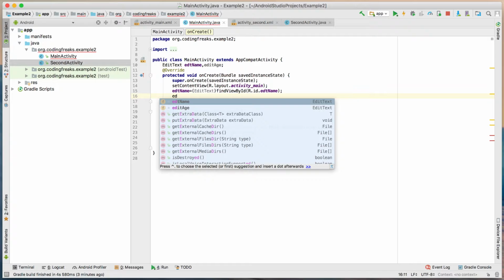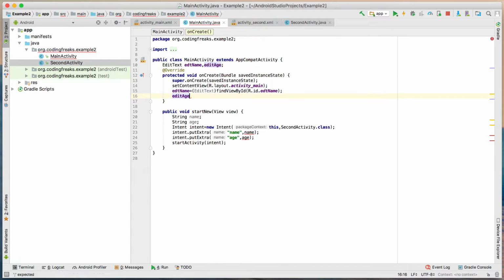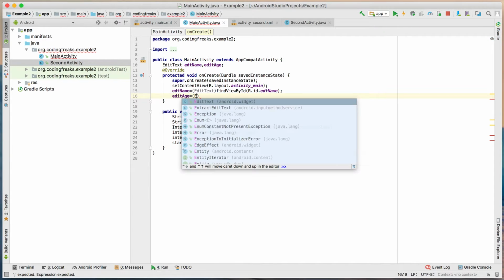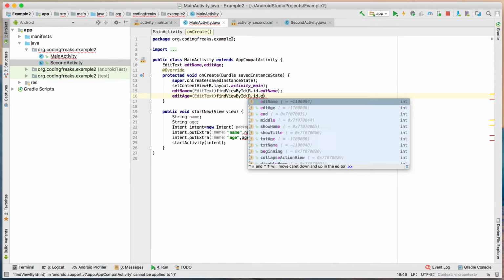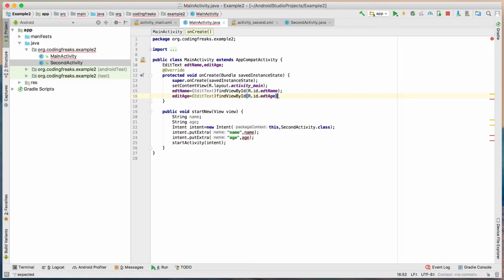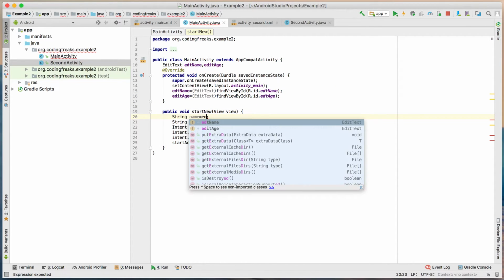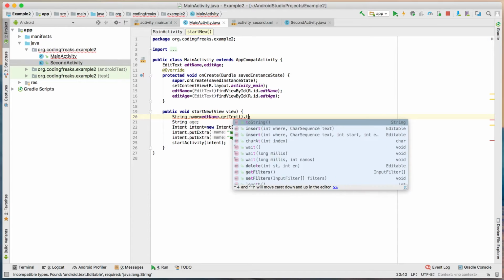Similarly, do this for the age input control, and in the startNew method, get the value of the inputs and assign them to the string objects.